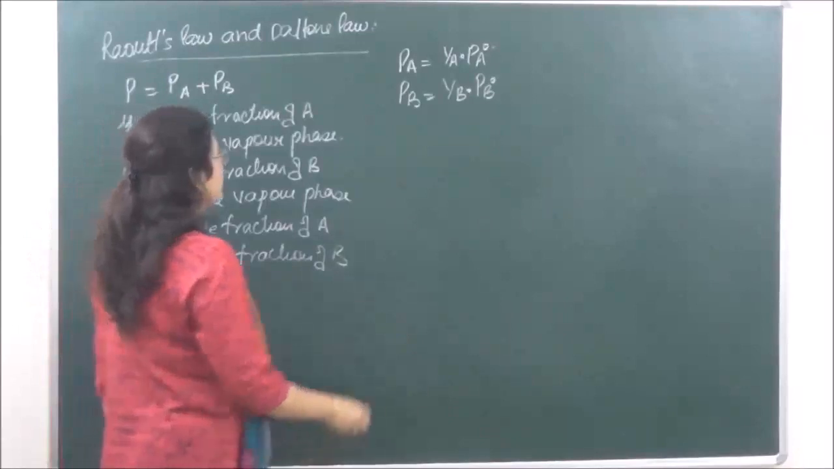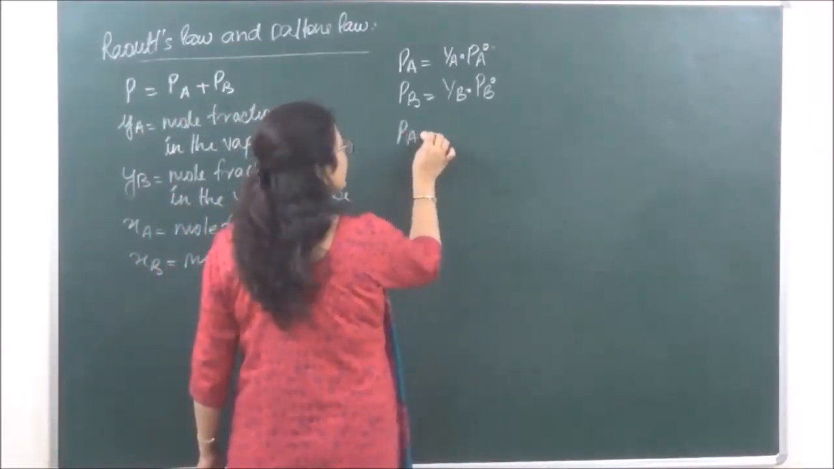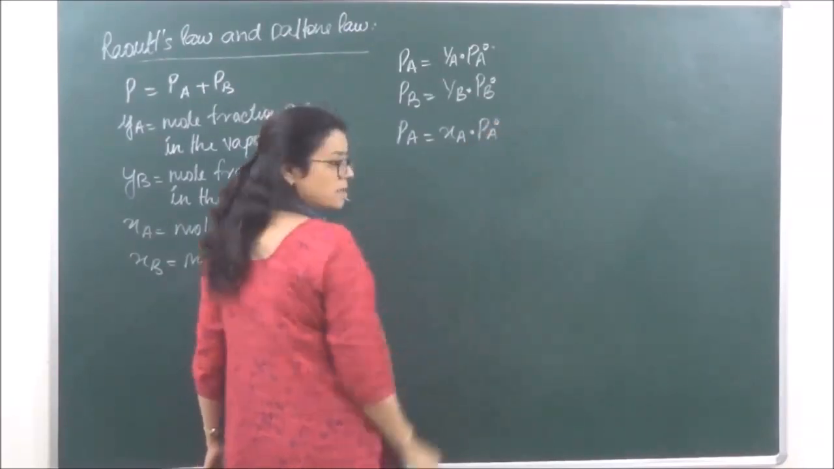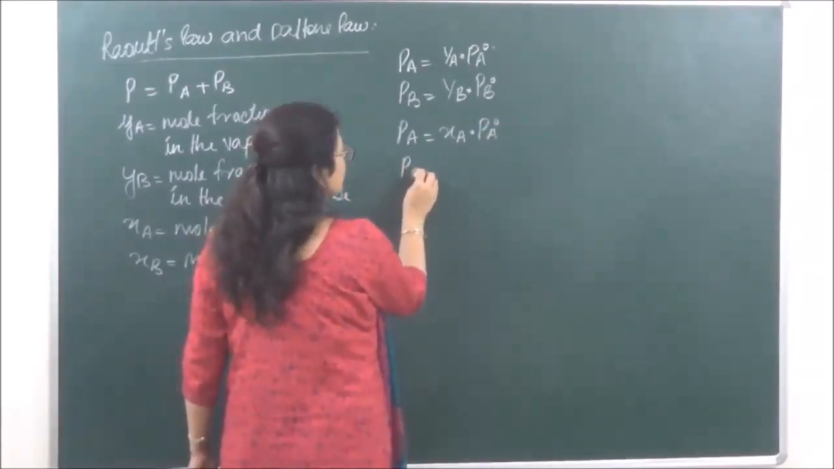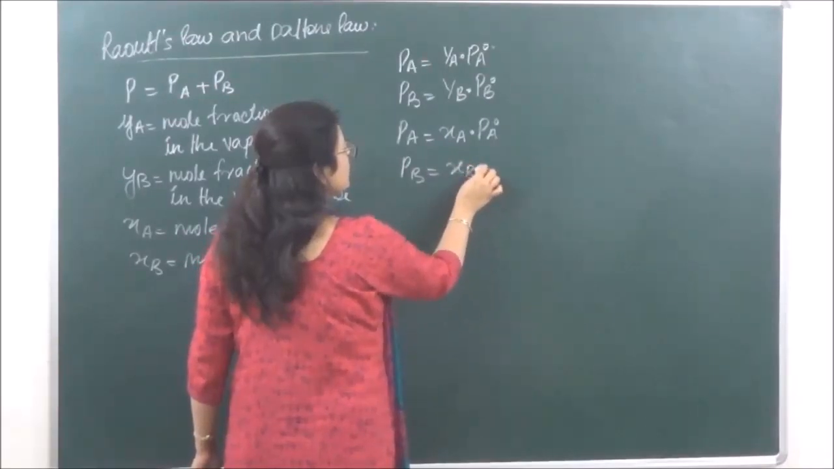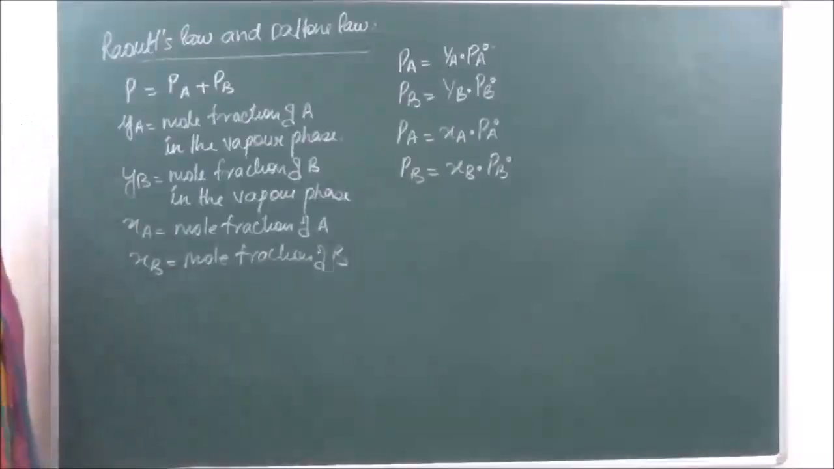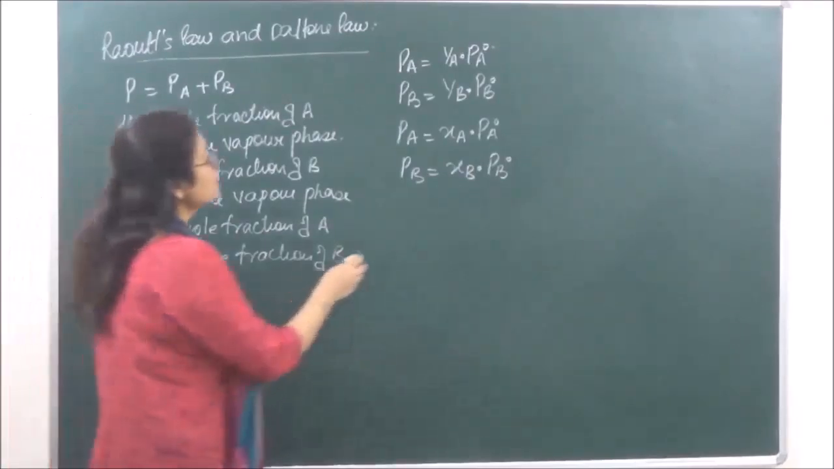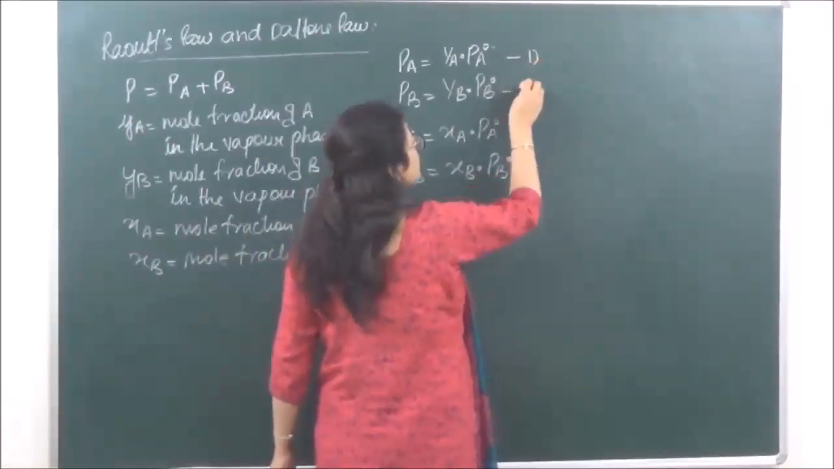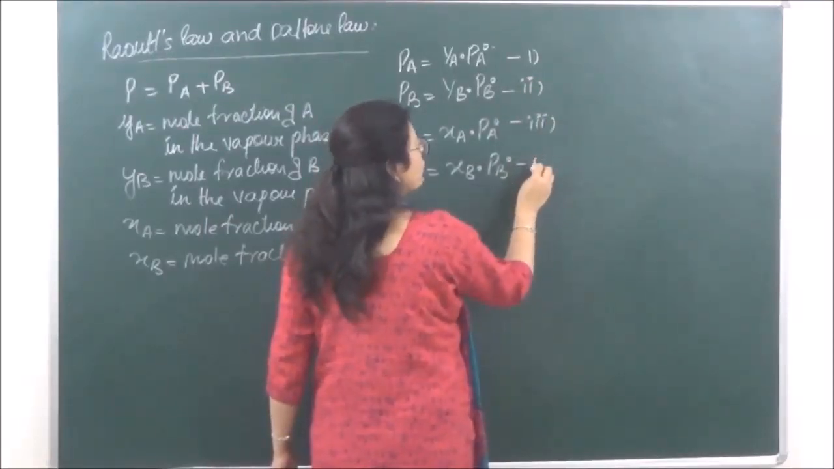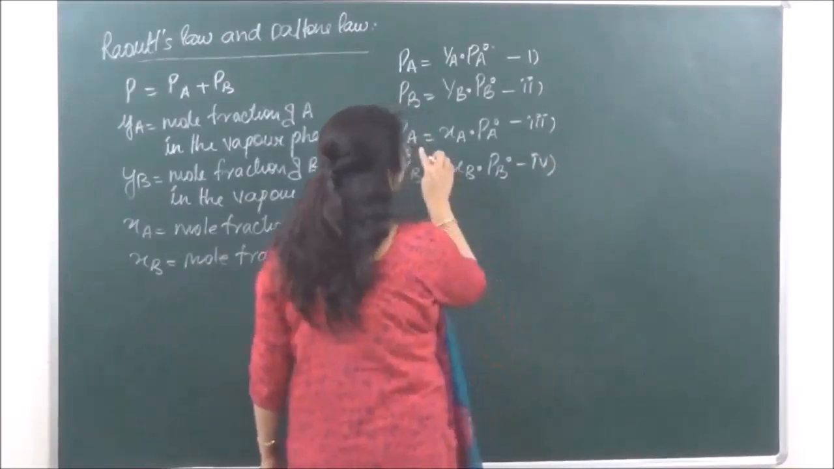According to Raoult's law, we say that PA is equal to XA into PA naught, right? And PB is equal to XB into PB naught. So these are the equations which we already have. Let's number them: the first equation is 1, this is 2, 3 and 4. Now let's equate